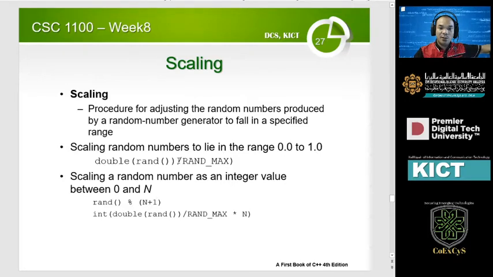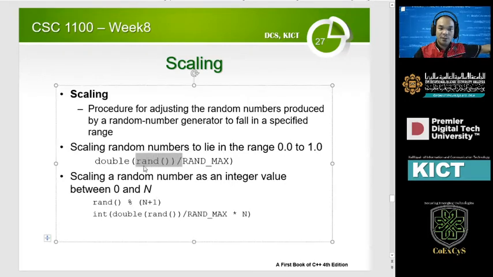Basically we would use random, right? We call the function random and we'll divide it by the random maximum value. So by dividing whatever random number is being generated by the random maximum value, if the random number generator generates 32,000, for example, and that's the maximum that you can generate, then it will divide itself by 32,000. So whatever values it creates are between 0.0 and 1.0, right?